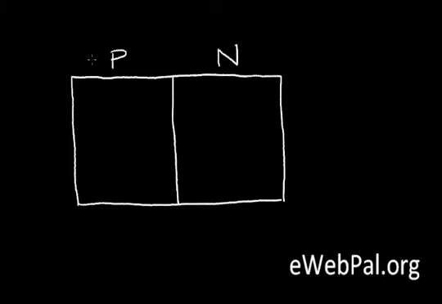In the previous video, we talked about the PN junction. In the P material, the predominant charge carriers are holes, which I'll represent by the symbol X. In the N region, we said we had a predominance of electrons as charge carriers, and I'll represent that by this